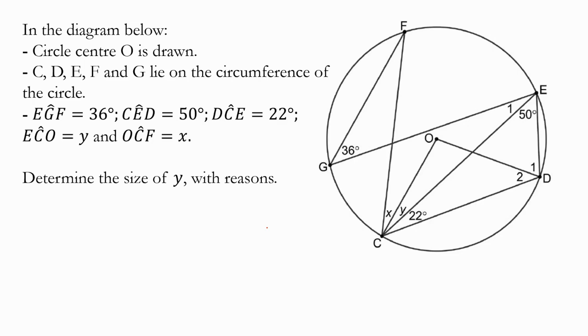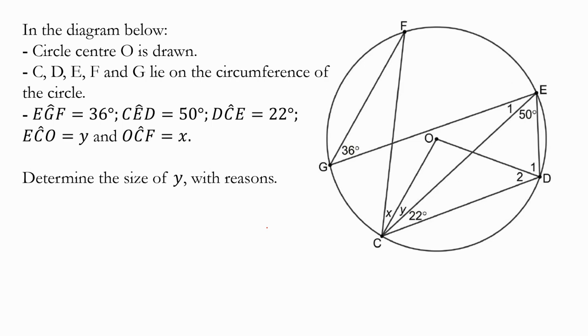Let's do question 4P1. It says in the diagram alongside, a circle with center O is drawn, and then C, D, E, F, and G lie on the circumference of the circle. And then we have angle EGF equal to 36 degrees,